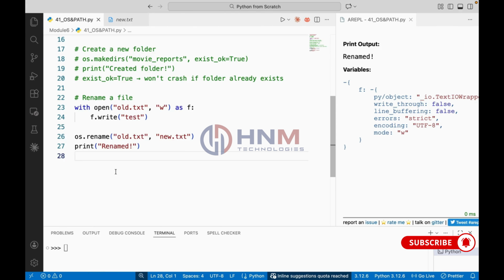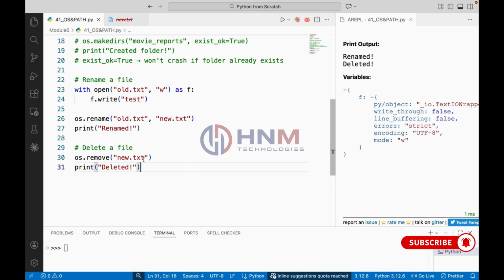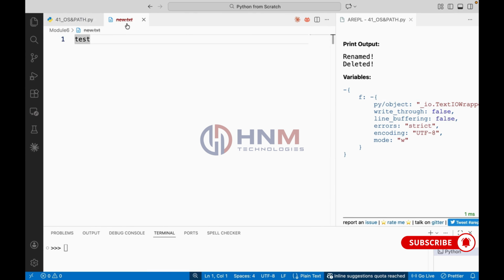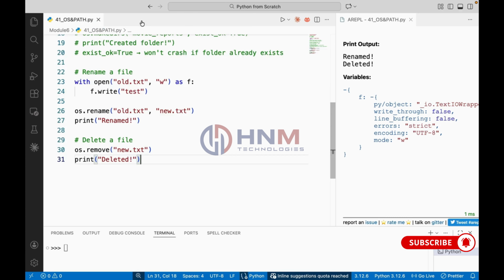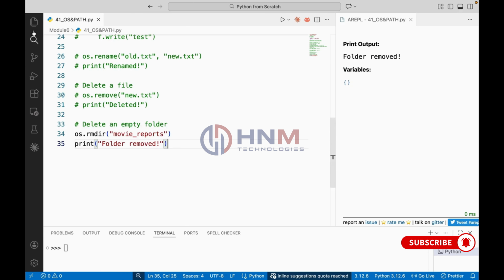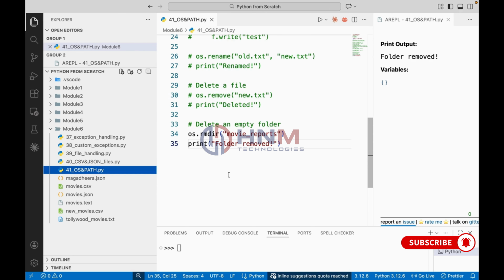This way you can rename files, and we can also delete files with just one command, os.remove. Okay, delete a file: os.remove new txt, and it's deleted. Let's see whether it is deleted or not. Yes, see here, no file is there, but previously we had created it, and now it is struck off, it is deleted. We can create, rename, and delete files, and we can also delete an empty folder. We previously had a folder called movie reports, an empty folder. Now it is not here because I just removed that empty folder with the help of